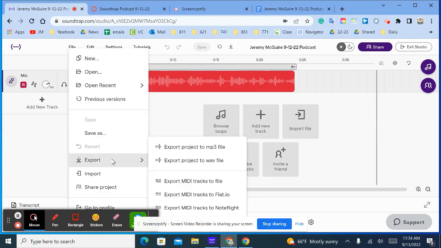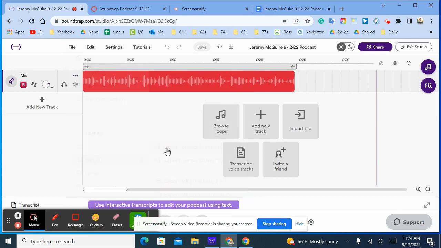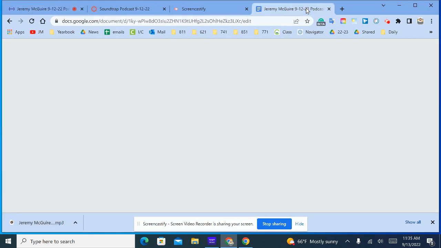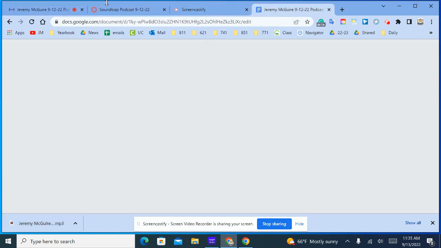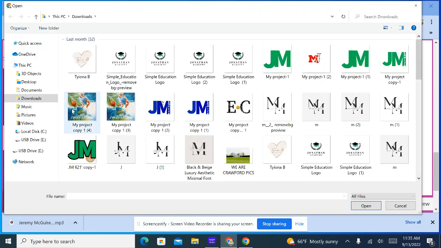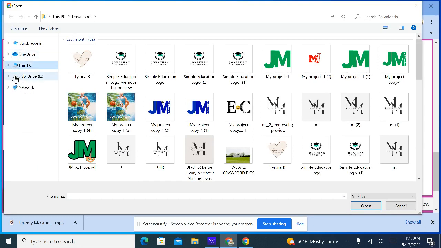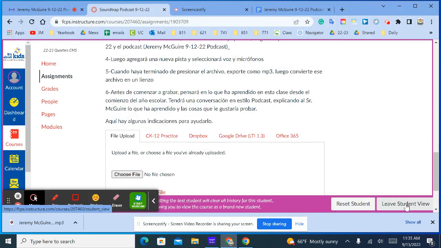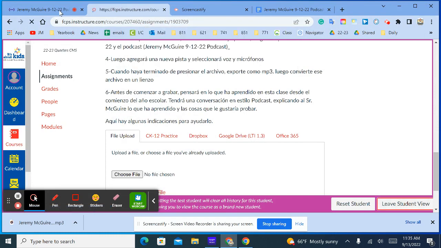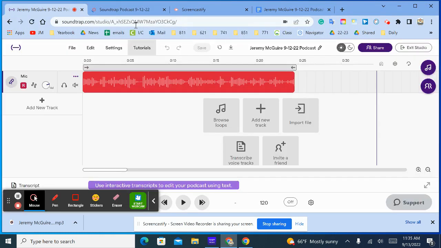Now I'm going to try it again and see if it's mixed yet, just so you can see. And there it is. Okay, so this looks a little different because I'm on the IFP, the ViewSonic, but I'm going to choose the file, and then in this case, mine's in the downloads, and I'll find it. So it's somewhere in the downloads, but it looks a little different than your Chromebook. Then you submit it, and you're done. Okay. Again, go back and look at the Canvas, make sure you understand, and you should be